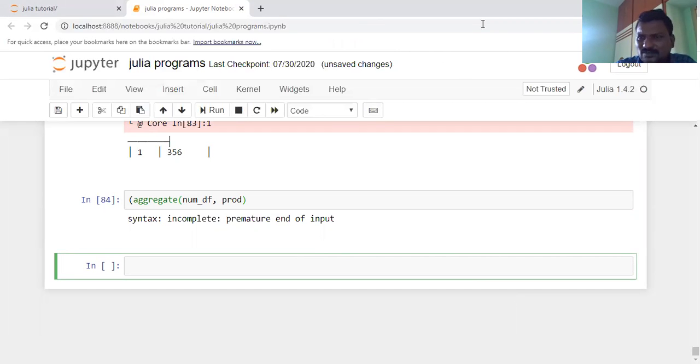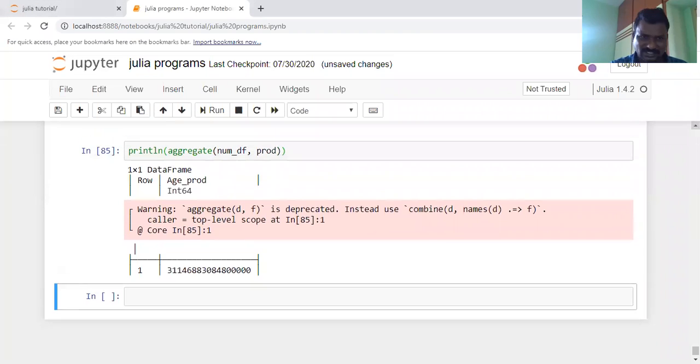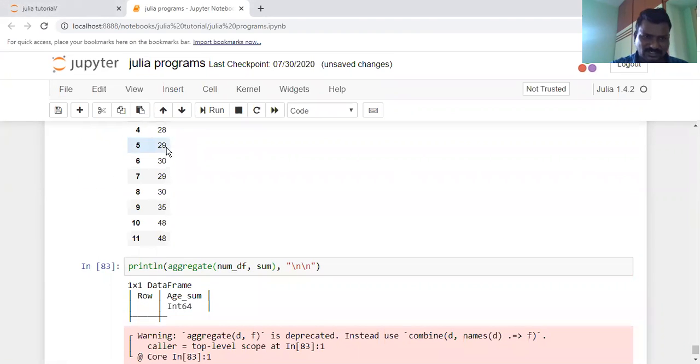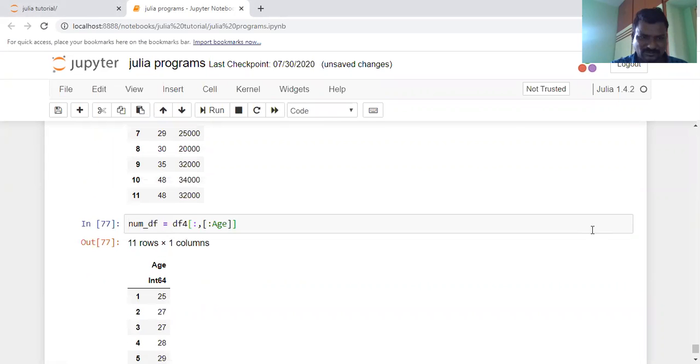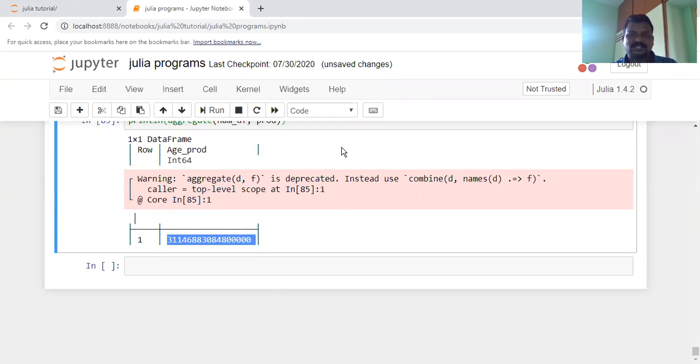It is producing a product like this here. The product of 11 numbers are there. That means the product of every number from the age, 25 into 27 into 20 into 29 and so on, gives a product value here. It produces a single number.